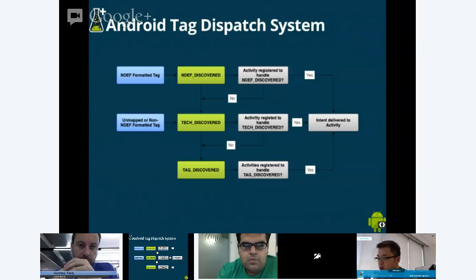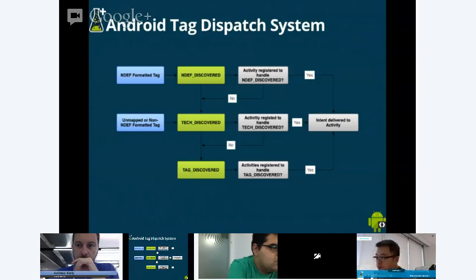We have different action types, following an order. We first try to see whether something matches the NDEF data format. We have an action called NDEF discovered. If there is an activity that matches that action, we route the intent to that application. We will see some examples of how to set up these intent filters in your application later.